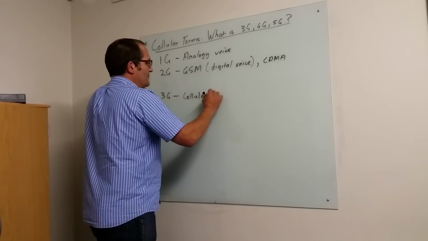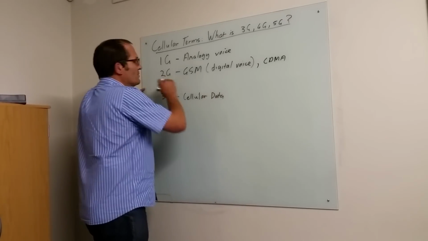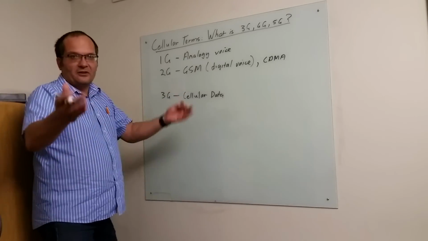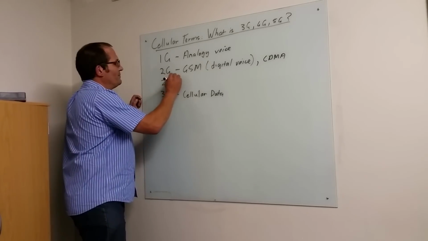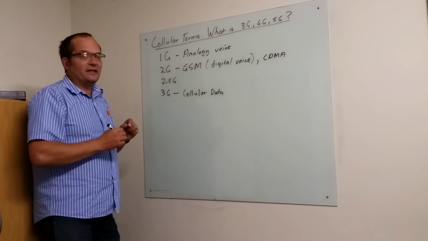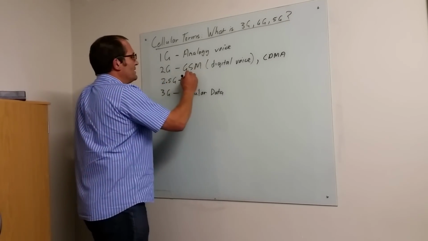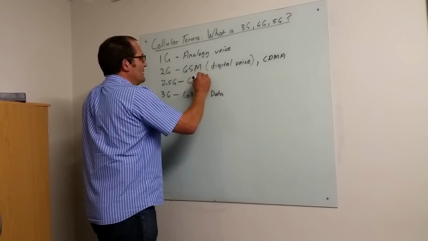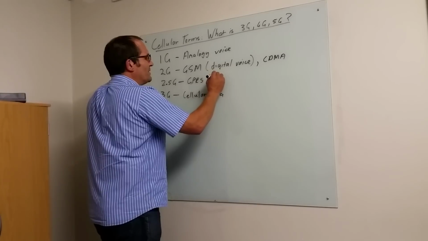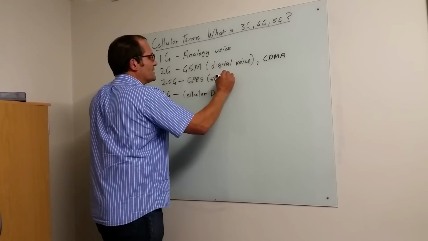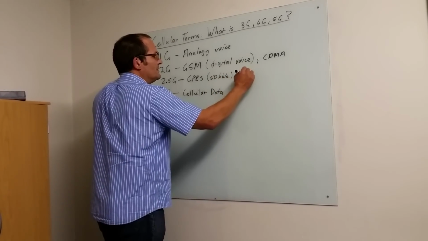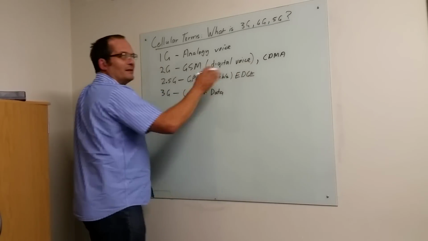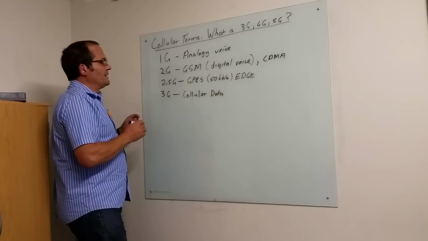Now, what is to me quite cute is because this voice was done transmitting bits across the air, there was what people used to call 2.5G, because people started using this for data communication, and that was known as GPRS, which was about 50 something kilobits per second, quite slow, but it gave us data, and something called EDGE. Similar speed, I think EDGE was a little bit faster.